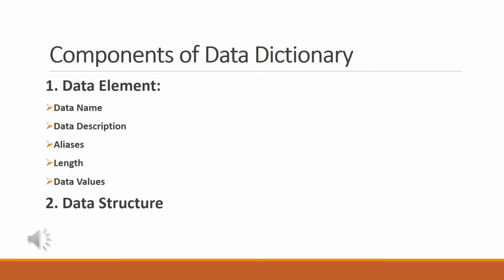Next, we talk about data structure. Data structure describes all the data items that are present in the database, and how they are related to each other. It also represents the data flows and the data stores. For example, we take an expression like x equal to a plus b. The meaning of this expression is that x consists of data elements a and b. So like this, it represents the meaning of the symbols, so that it becomes easy for us to recognize that particular item.